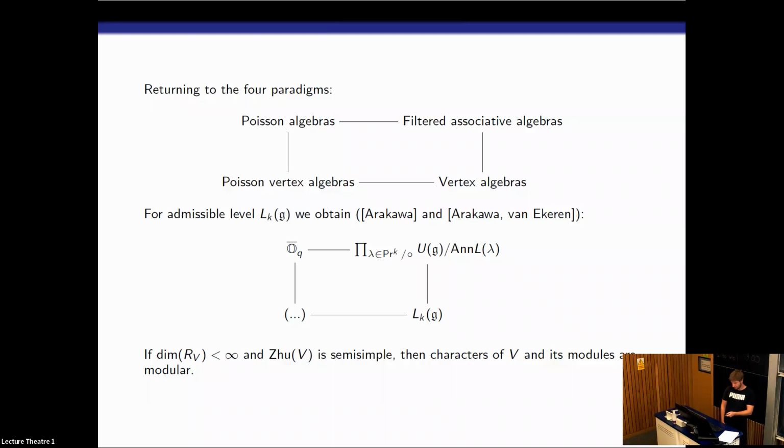Okay, and let me comment that two of the assumptions that you need for this modular tensor category story are C2-cofiniteness, which is the finite dimensionality of this algebra, and also that the Zhu algebra is semi-simple. I mean, you need a bit more as well, but those two are essential. But then you get, by this theorem of Zhu, that if you have these two, then the characters of the modules form a vector-valued modular form. So at least you get one of the ingredients of this modular tensor category. But this is certainly not the case for admissible levels, which give infinite dimensional algebras.